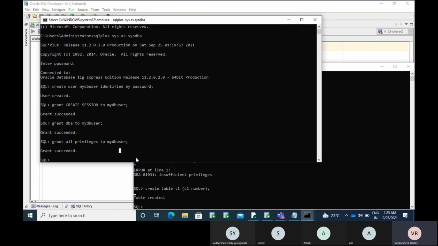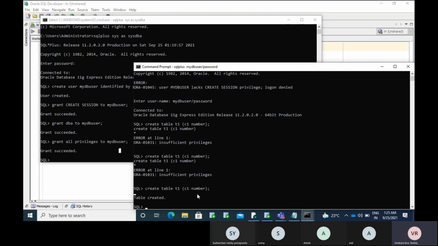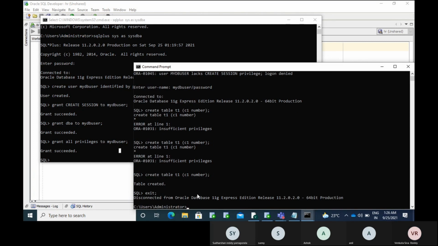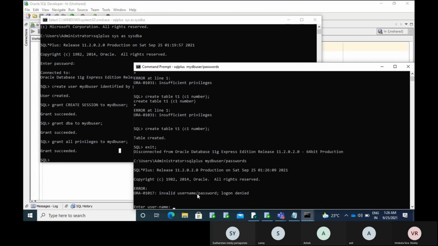In case your user gets locked: if you enter the wrong password, invalid username password. I am typing the same wrong password here 3-4 times.